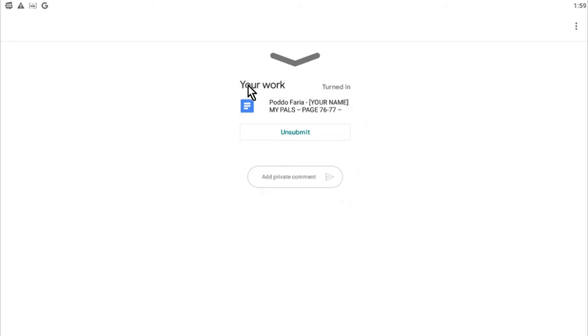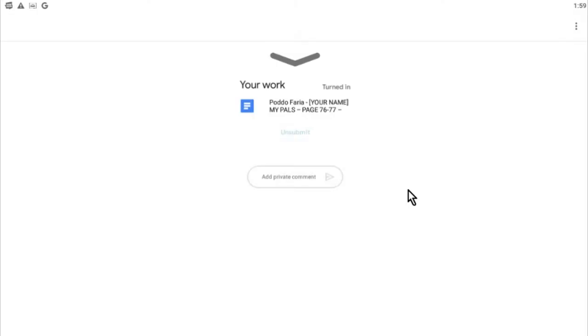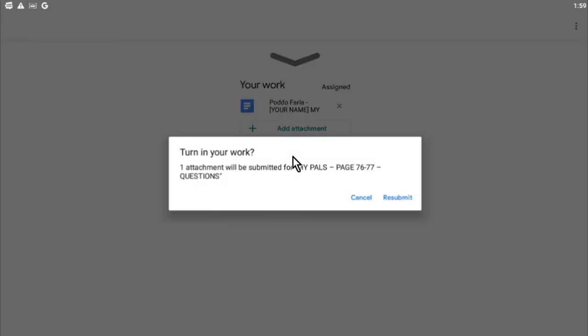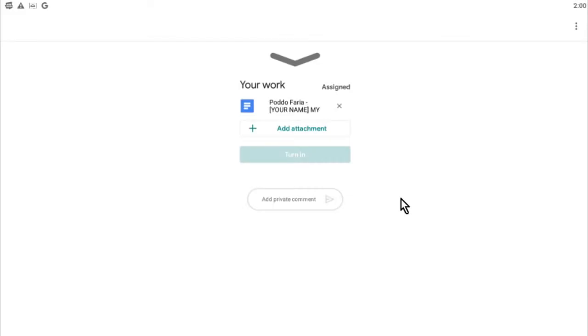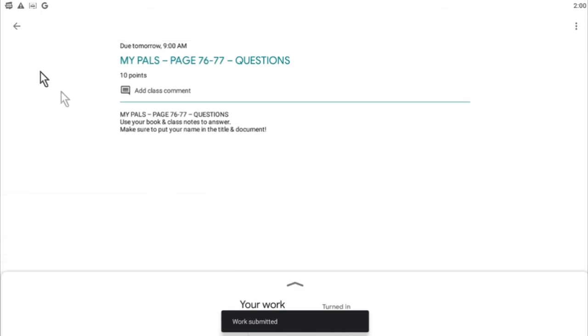If for some reason you want to go back and change it, you may click unsubmit. After that, you may click unsubmit over here again, and then you can resubmit it. Once you unsubmit it, you can add extra attachments or go back to my attachment and change anything you want in it, okay? And then you may click turn in again, and it will ask you to resubmit. Once you resubmit, I'll receive the document, and then you may simply drag down and go back to your classroom,